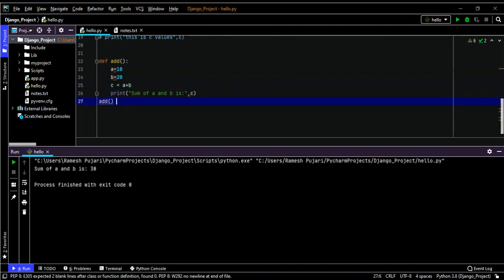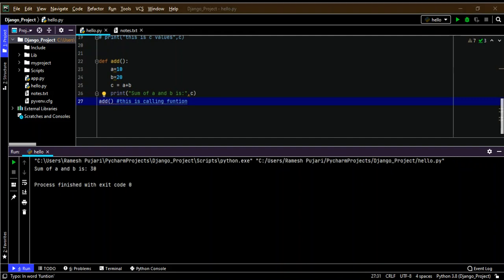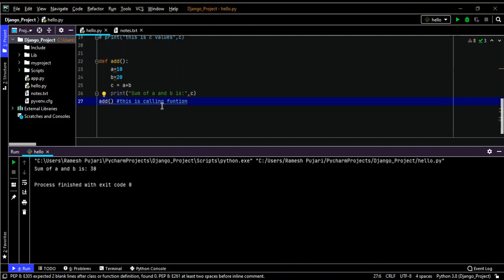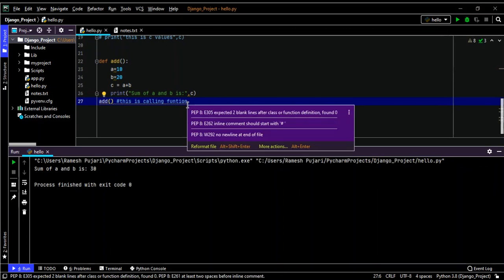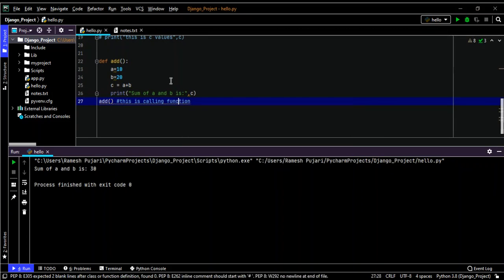So this is the calling of function. Okay, this is the calling function. These are the local variables. I'm commenting for understanding purposes.